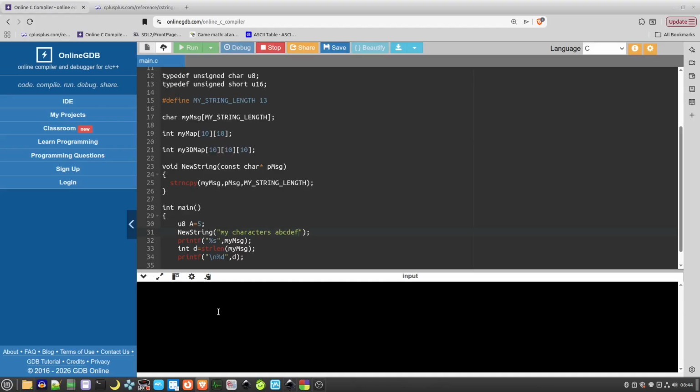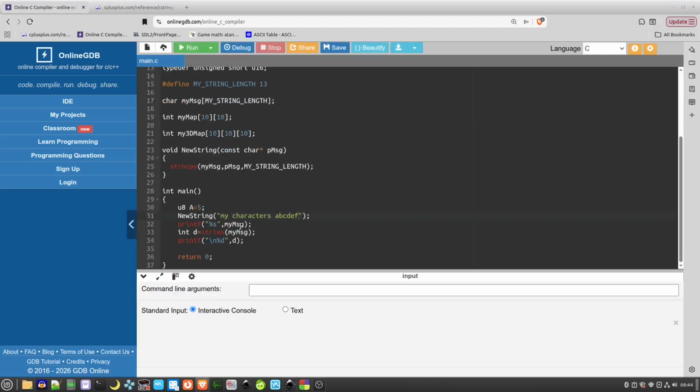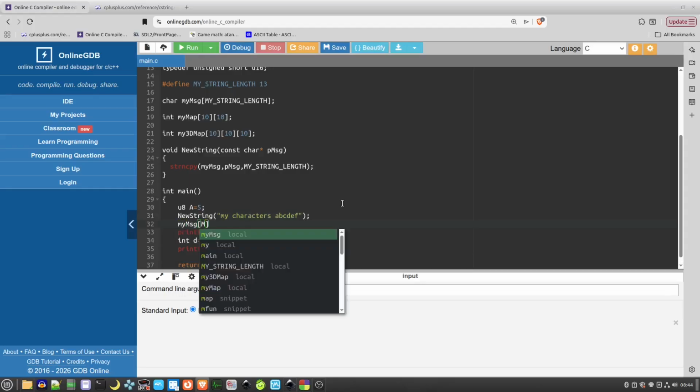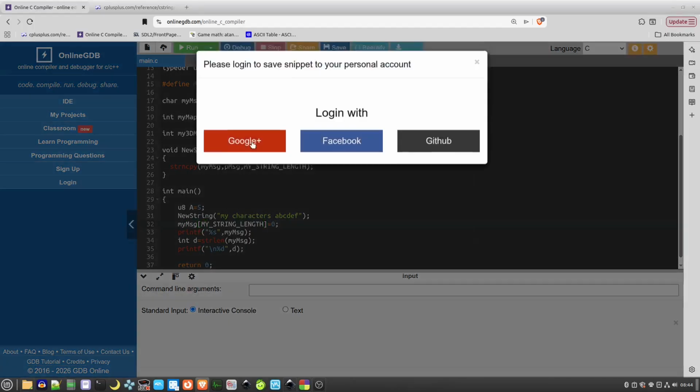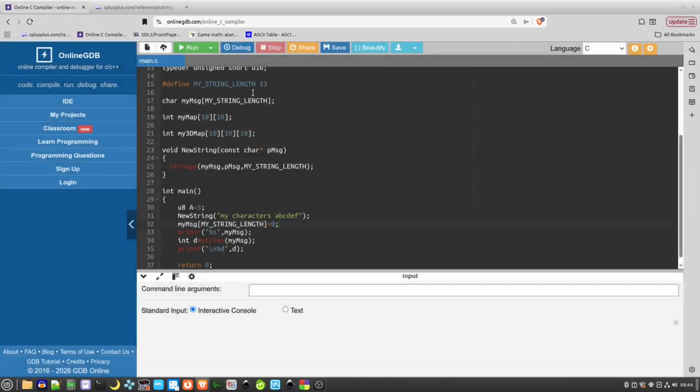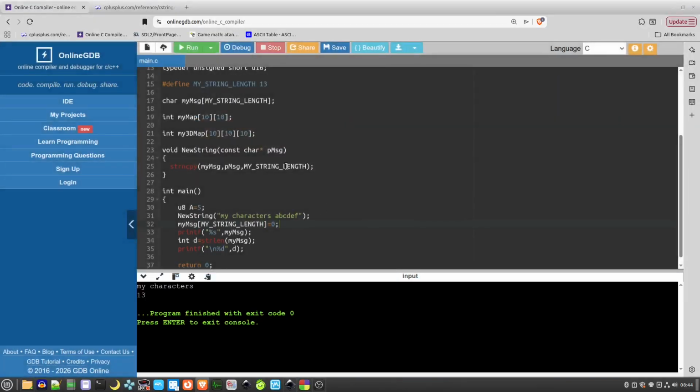So this is expected here because there is no space. So now what we need to do after the new string here is we need to say, and then that will print out. So that's something to be aware of here. You always need to include,